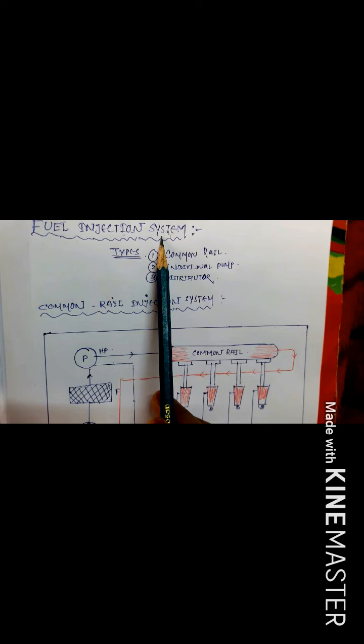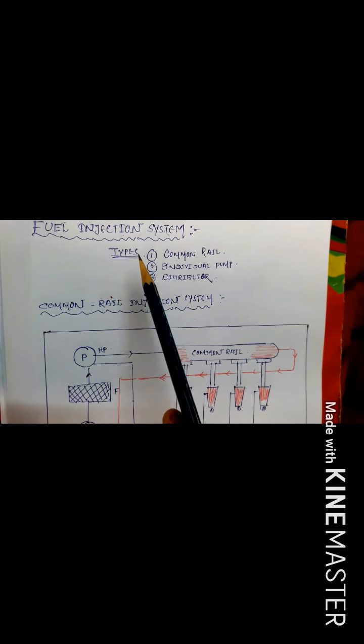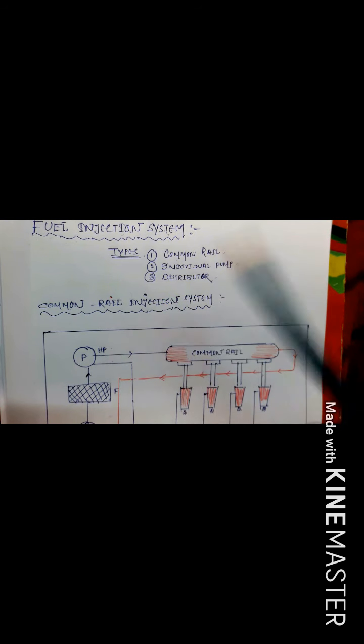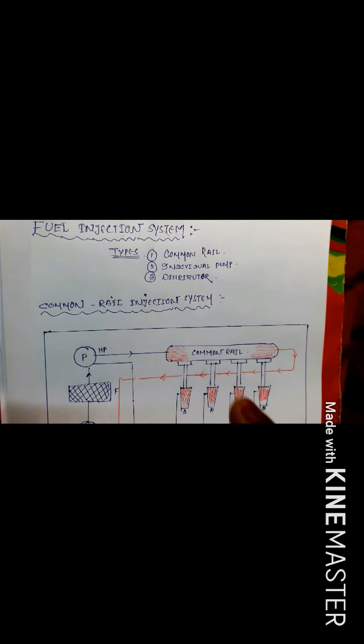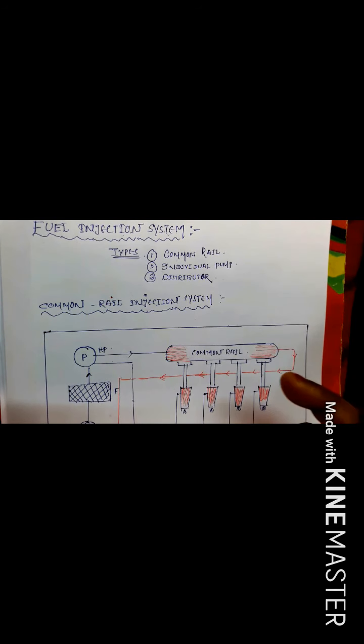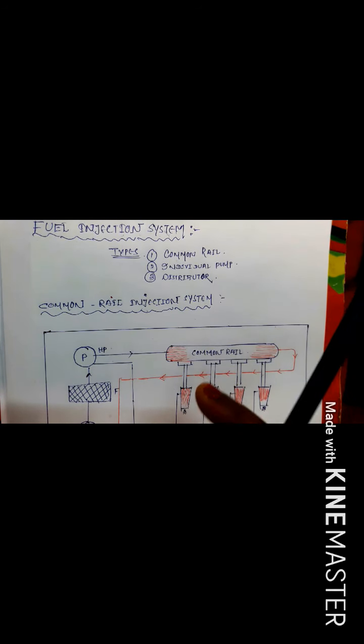Okay, and remember one thing. Generally, what is the basic function of a fuel injection system? A fuel injection system supplies a very small quantity of fuel to the injector. It also atomizes the fuel and mixes it with the combustion air. Another point is that the fuel injection system consists of a number of injectors which help to provide the fuel, atomize it, and produce proper combustion inside the cylinder.